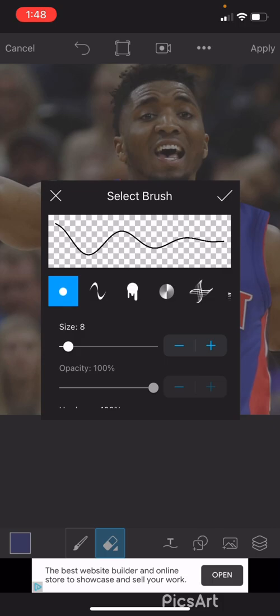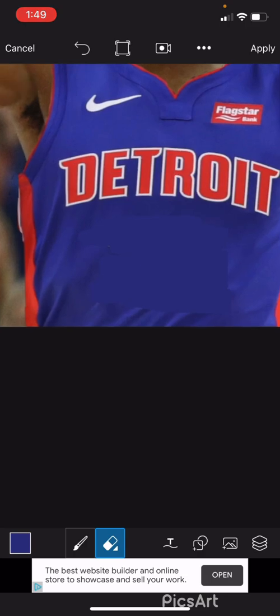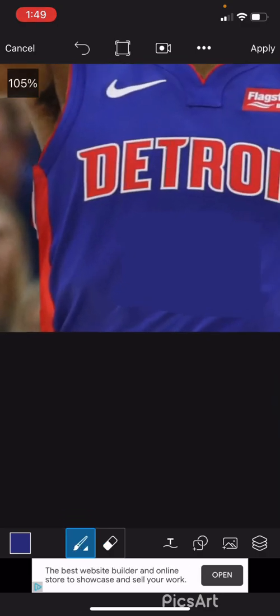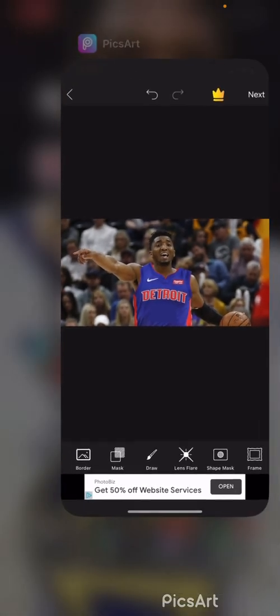It's kind of, erase this a little bit just so it's kind of straightened out. Okay, you can kind of color this in. Yeah, once you get it to the amount you like or prefer, you want to hit apply, and then you want to go back to